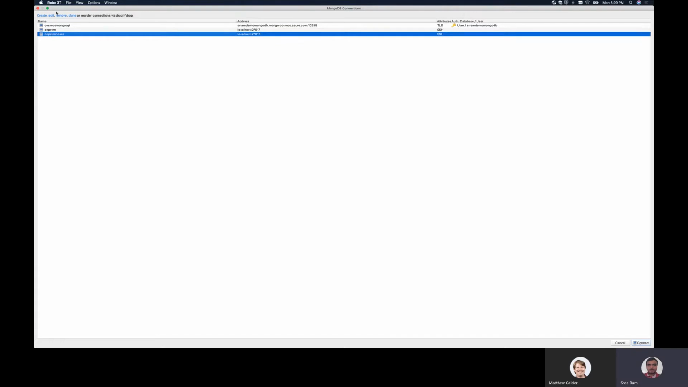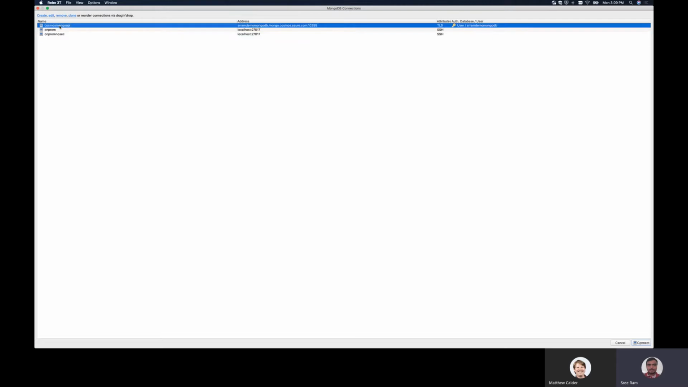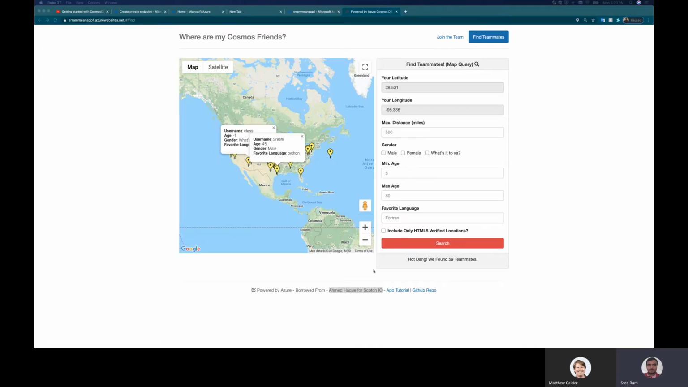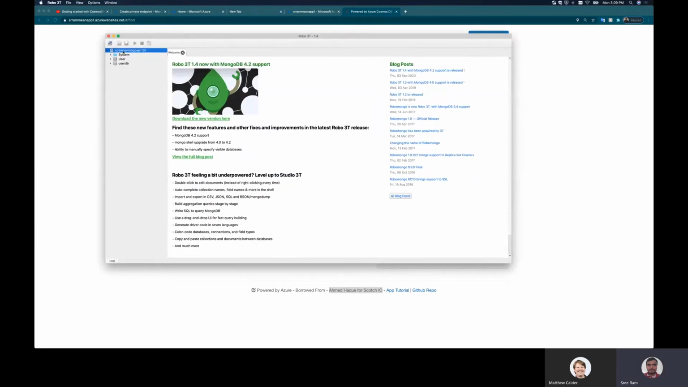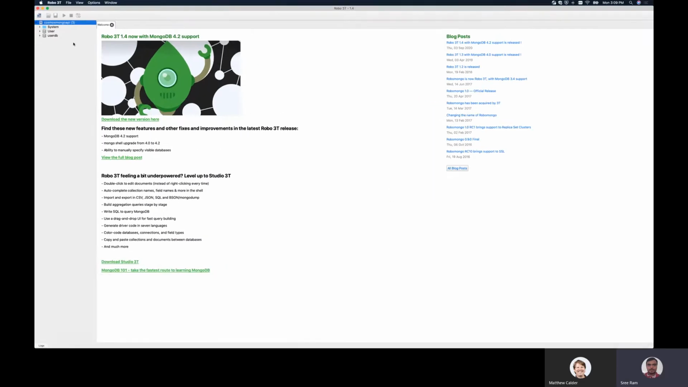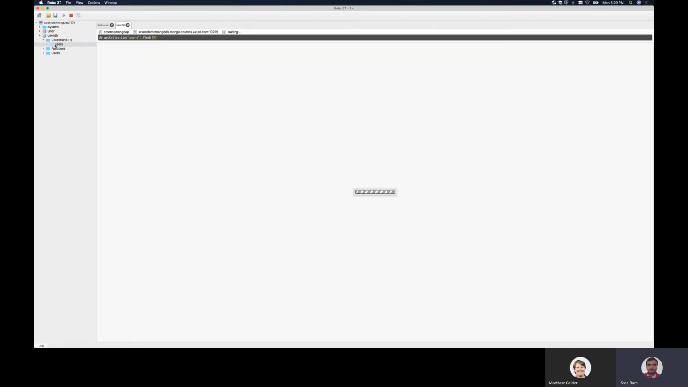So this is actually a tool called Robo3T I use, right? So this is an open source tool. My database name is Cosmo Mongo API. Let me see if I can make it a little larger. Okay, here we go. And the name of my database is userdb. And